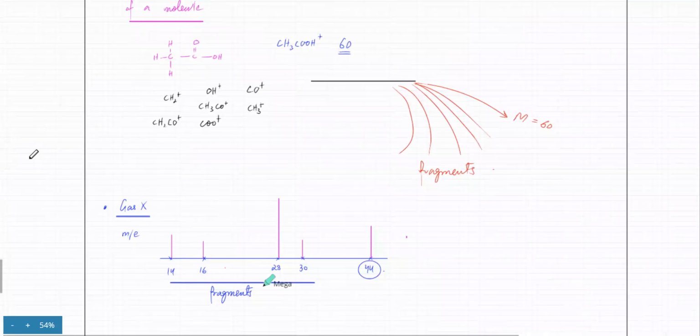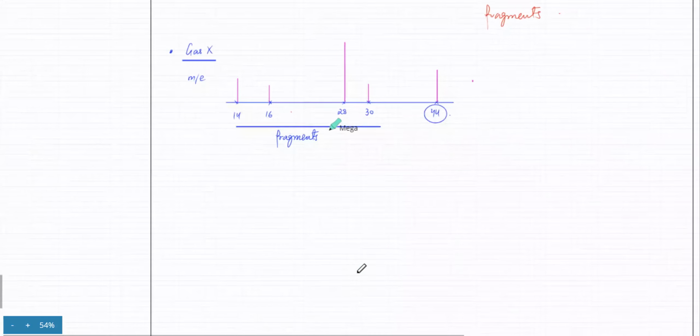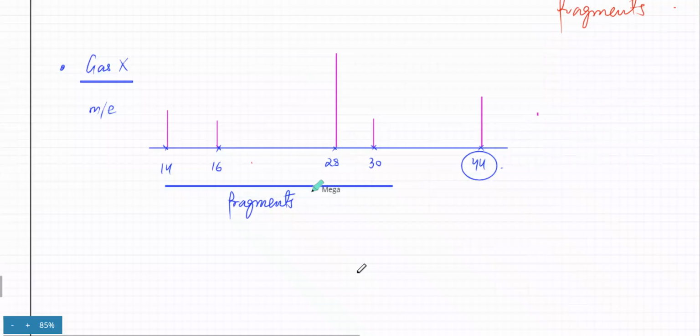Just like this, you had a big molecule, which is being detected at 60, and then you had all these tiny fragments that would always have a mass of less than 60. And the same happens over here. Then the question said, try and figure out what each of the fragments is and figure out what 44 is. So starting with the smallest over here, what do you think this is?